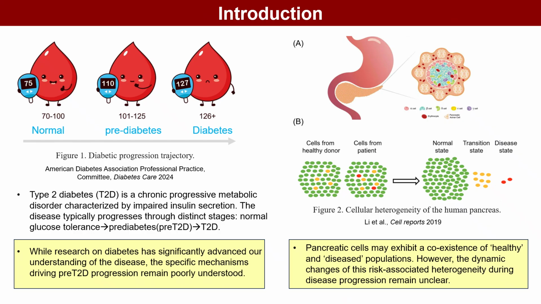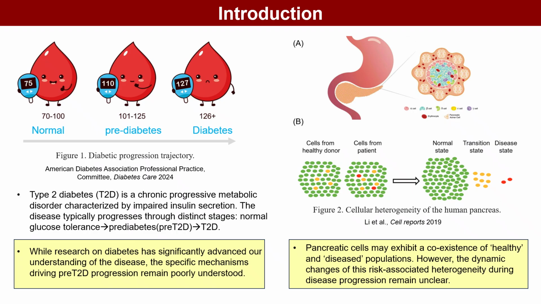Type 2 diabetes is a common progressive disease, typically developing from normal glucose levels to prediabetes and eventually to diabetes. However, our understanding of its progression mechanisms remains limited. As the central target organ in diabetes, the pancreas exhibits highly heterogeneous cellular composition. Studies have revealed the coexistence of healthy and diseased cells in diabetic pancreases, but how their dynamic changes contribute to